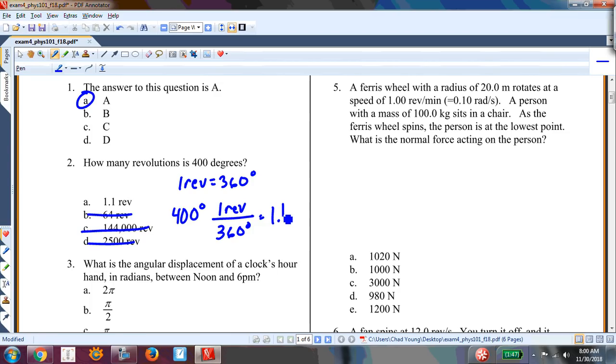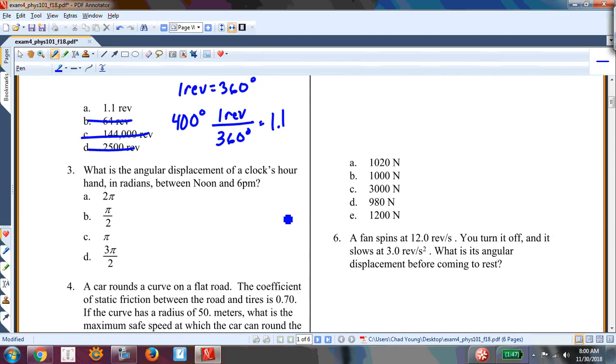That's equal to 1.1. What is the angular displacement of a clock's hour hand? There's our clock. There's noon. There's 6 p.m. So the hour hand starts there and it goes through there. That angle is 180 degrees, which is equal to pi radians. See,